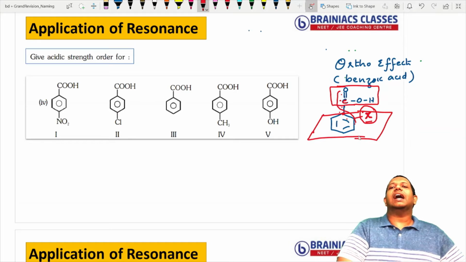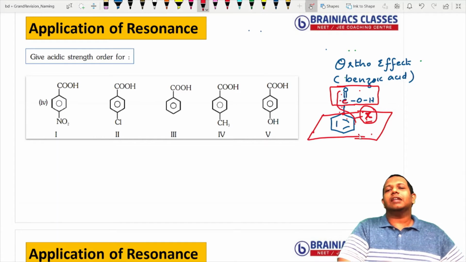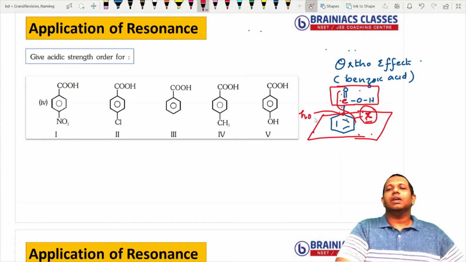And because of that, what is happening? Whenever ortho substitution happens, COOH will go in some vertical plane and the benzene part will go in the horizontal plane. Now, will this cross conjugation happen here? No, because now this carbon is in the vertical plane and this carbon is in the horizontal plane, correct? Now this cross conjugation will not happen. If cross conjugation is not there, this can give only what sort of resonance? Identical resonance through the carboxylate anion. So that means it is more stable.